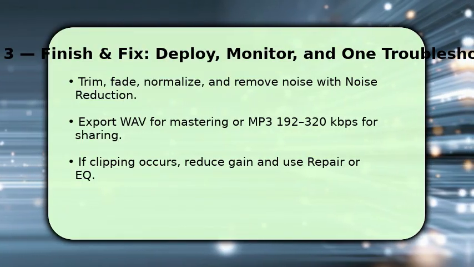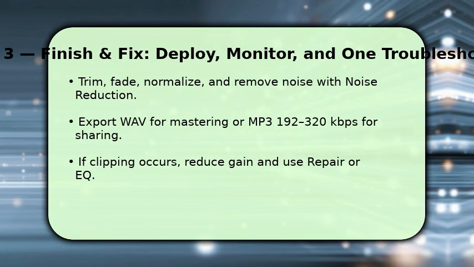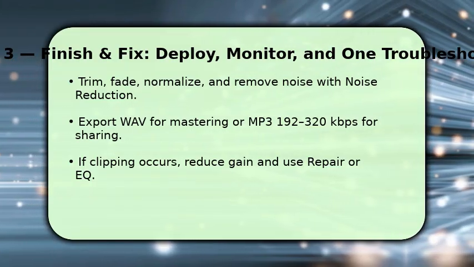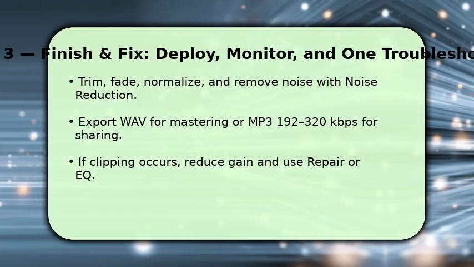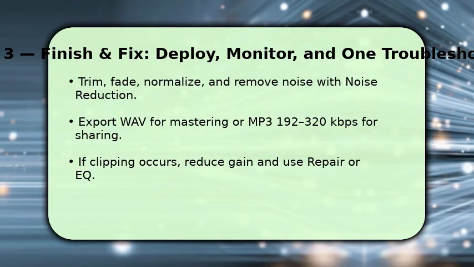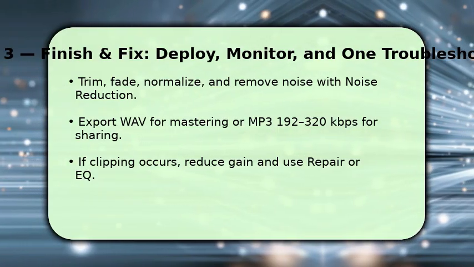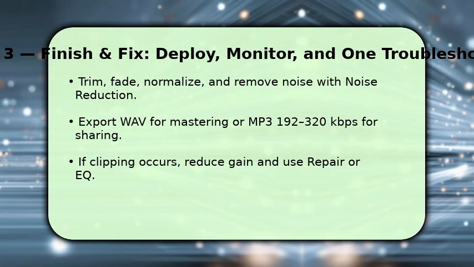Normalize or use gentle compression to balance levels, then export as WAV for highest quality or MP3 at 192 to 320 kbps for distribution. If you encounter clipping, stop, reduce input gain and re-record when possible. If you must fix clipped audio, use repair sparingly and